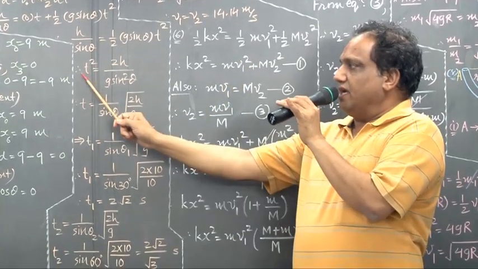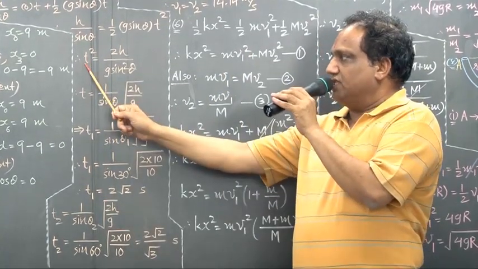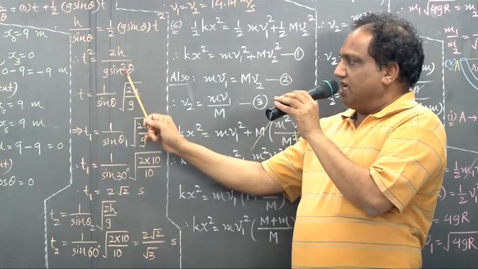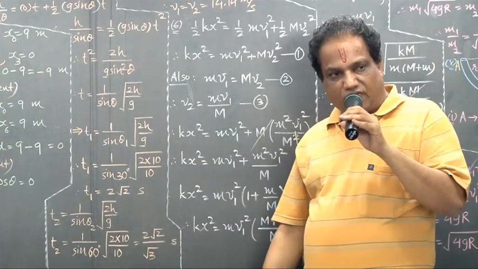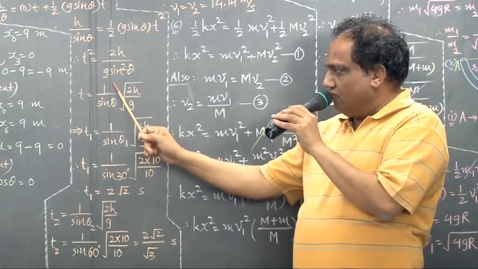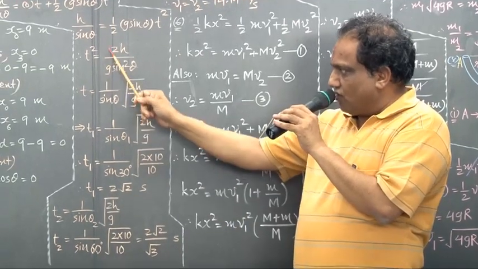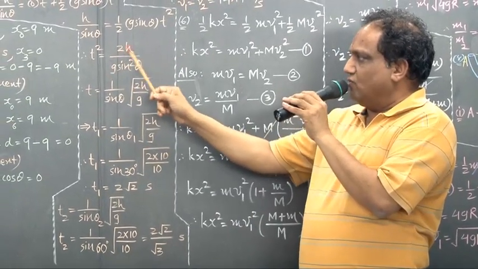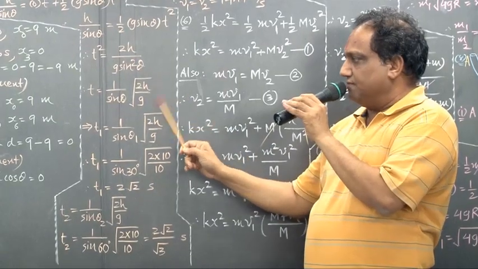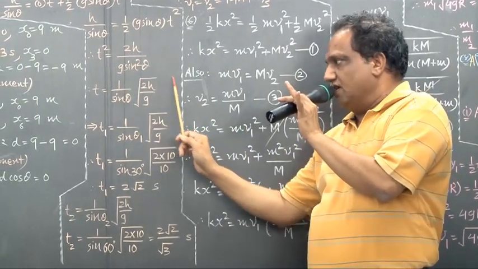Wait. Take now the square root on both the sides. Square root of this is t. 1 upon sin square theta, square root will be 1 upon sin theta, and now the square root of the remaining part, it is under root of 2h upon g. So now this is the general formula.